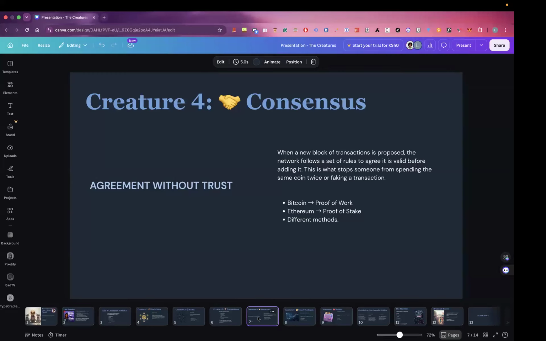Additionally, we can have nodes that are malicious. They have ulterior motives. They're probably looking for ways to exploit the network. How do we make sure that the network still stays resilient and transactions that are appended to the block are still considered valid? That is implemented using the consensus mechanisms. And they provide a mathematical and economic guarantee.